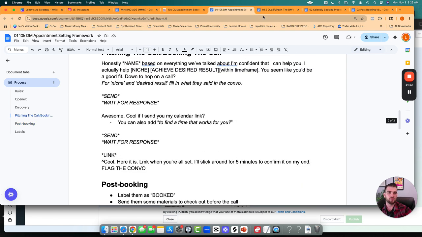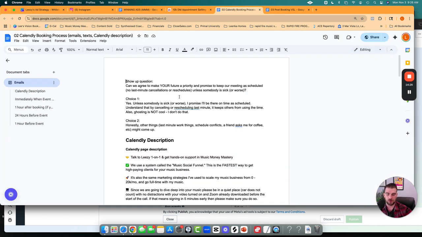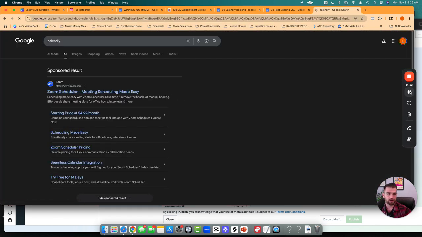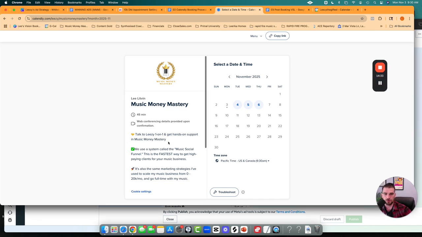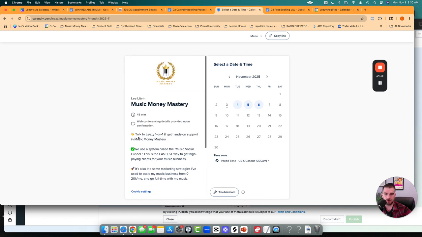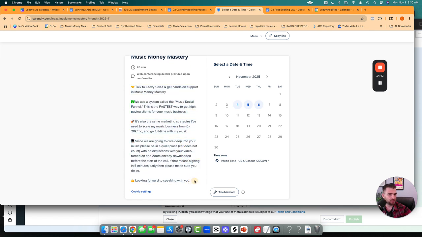Cool. So let's move on to the next steps. We've got that. I wanted to go through the Calendly booking process, so let me show you what my Calendly looks like. Okay. A couple things to note here. Number one is I actually love using the description here as sales copy, and I think that's really, really important. So using something like that,